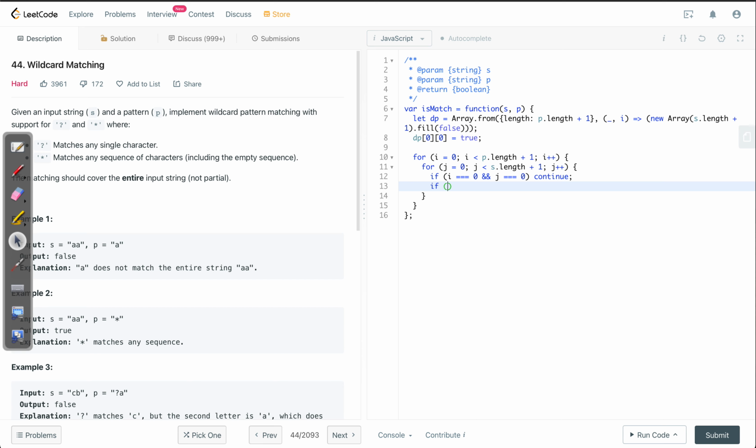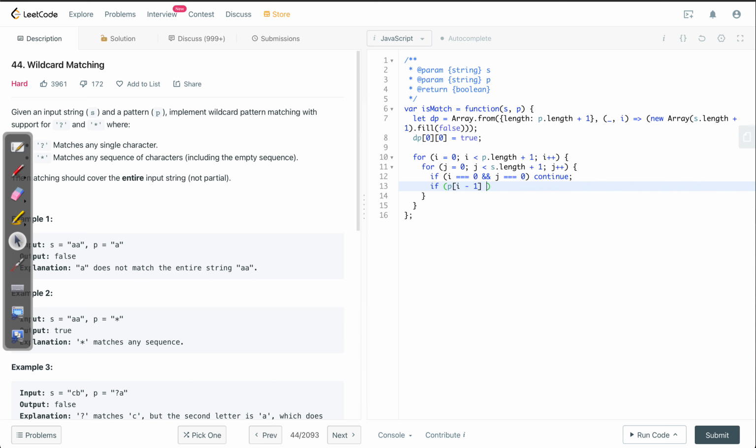Now think about asterisk. So if the current pattern, where is the current pattern stored? The current pattern is going to be stored in p[i minus 1]. And why is it i minus 1? Because we have taken p.length plus 1 characters, so we always need to do i minus 1 because we are accommodating for the empty string that we have taken here.